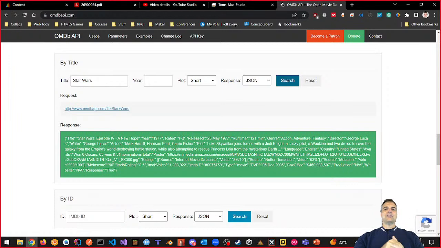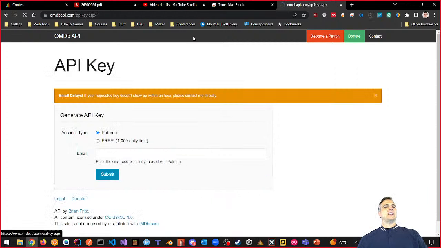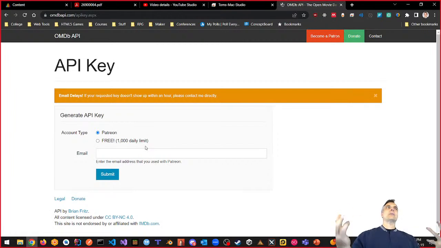You also have to sign up for an API key, right? And at the top of the website here, there is an API key link where you can subscribe to the website for free. Again, it says there's a 1,000 daily limit. That means 1,000 searches. So if you're using this for commercial purposes, well, maybe not a good idea, right? But if you're using it for a course like this, it's perfect. So that's not a big issue. So please get your API key. If you don't have your API key, we won't be able to do the searching through the API itself.